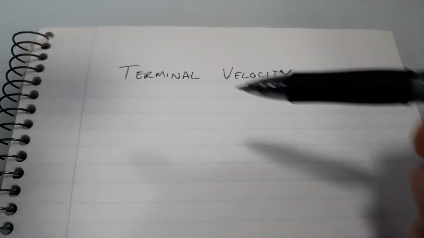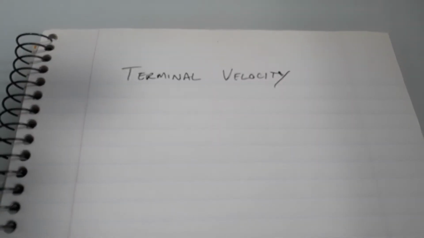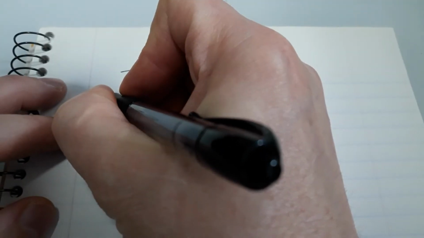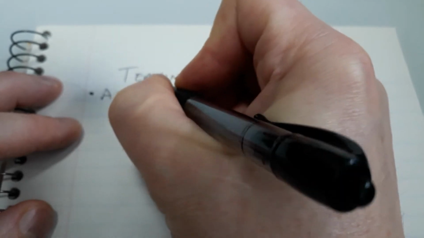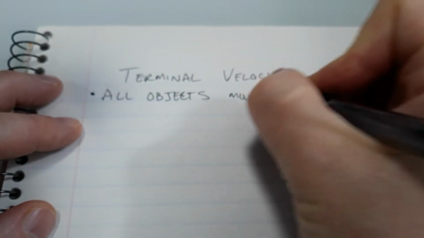And the way that I'm organizing these notes is kind of like the way you would explain if you were being asked to explain what is terminal velocity. So I'm going to outline for you the main points that explain why objects reach terminal velocity. So our first point is that all objects moving through a fluid